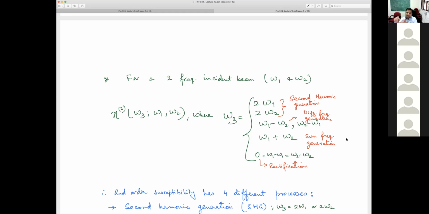Sometimes I may want an optically tunable laser. So I have a fixed laser, high intensity, and I want to combine it with another laser which is tunable, so that the final frequencies are tunable, basically with a strong intensity. Then I will use the process called sum frequency generation. And sometimes I want to do experiments at lower frequencies, and I want tunable frequencies. So I will use a high intensity laser, combine it with a tunable low intensity laser, to generate difference frequency generation.